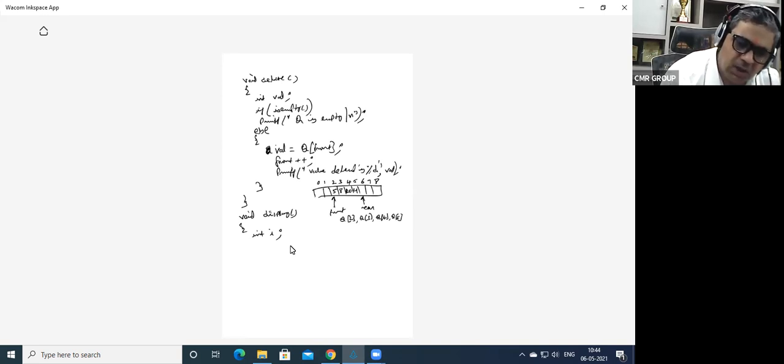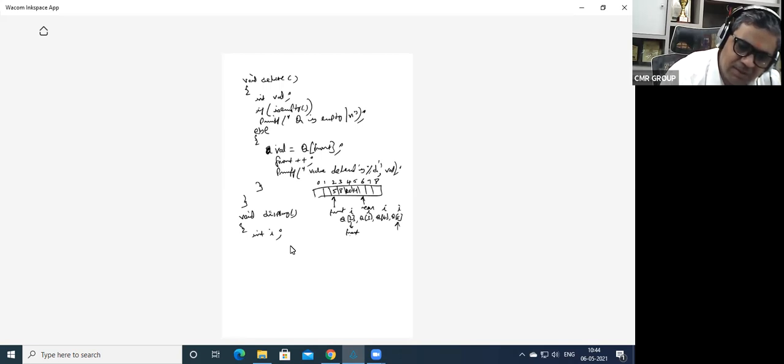Right? So what is Q of 2? First, remember this is nothing but the front value. And what is 5? 5 is the final one, so the I value would be I equal to 2, I equal to 3, I equal to 4, and I equal to 5. That means we are initializing I to front and taking it till here.